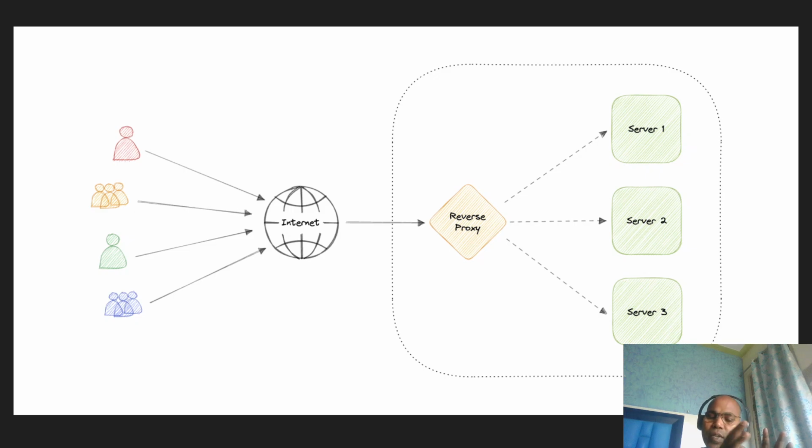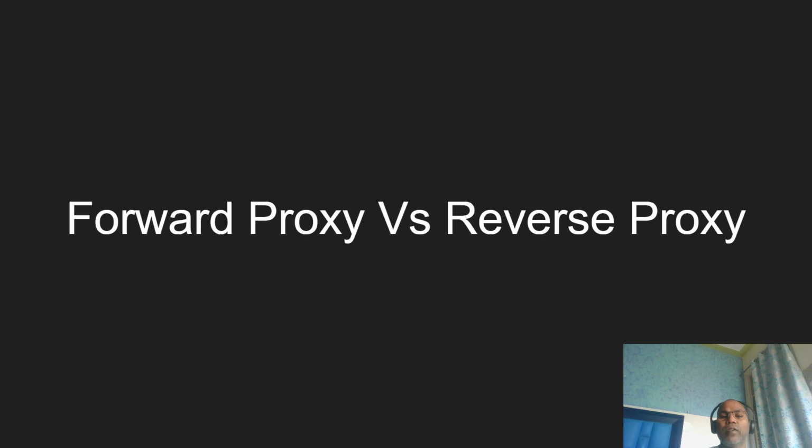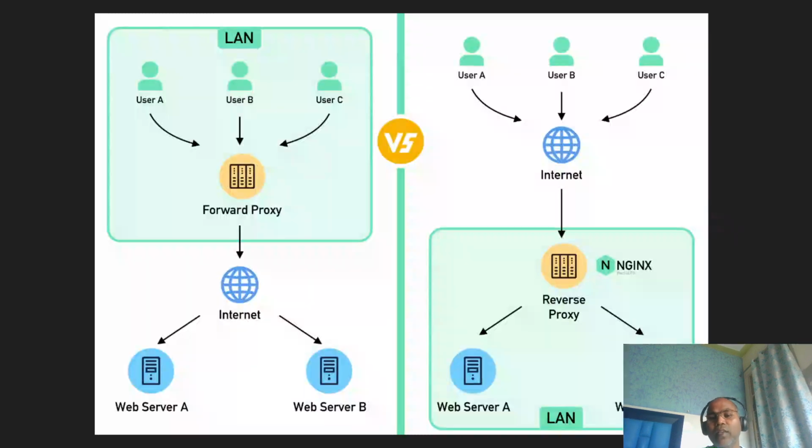And inside a particular organization, the company can ensure that all requests go to the internet from my protected proxy. So let's understand the difference between the forward proxy and the reverse proxy. It's very clear, there is no confusion, but let's go once again.